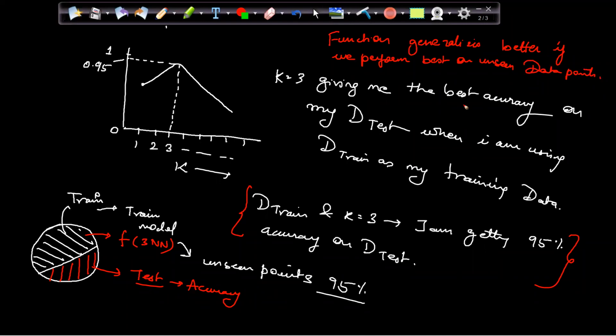Unseen data points. This is basically known as generalization. This is a very important concept.